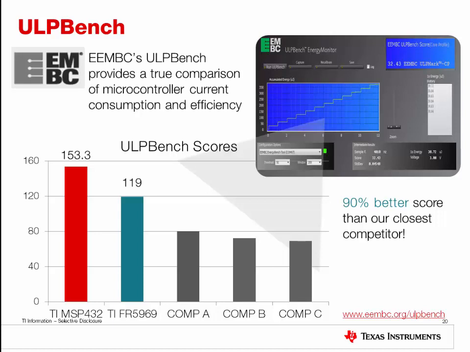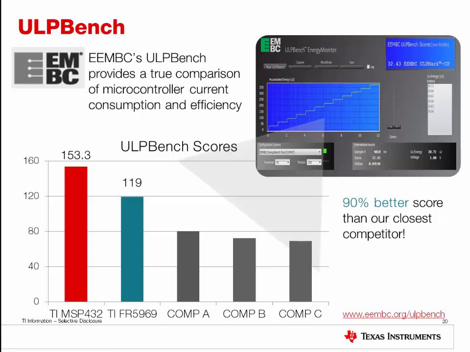So the benchmark is measured as follows. Usually a task involves the microcontroller waking up once per second to execute a predefined workload. Once it is completed, the microcontroller needs to go back to sleep and then wake up again 1 second later. And the overall energy consumed by the entire system to accomplish the task is measured over this 1 second period. As a result, the lower the energy consumed, the better you are as a microcontroller and as a system. So to make the score a little bit more intuitive for the readers, the score is calculated by using 1000 divided by the total energy consumption measured in microjoules.